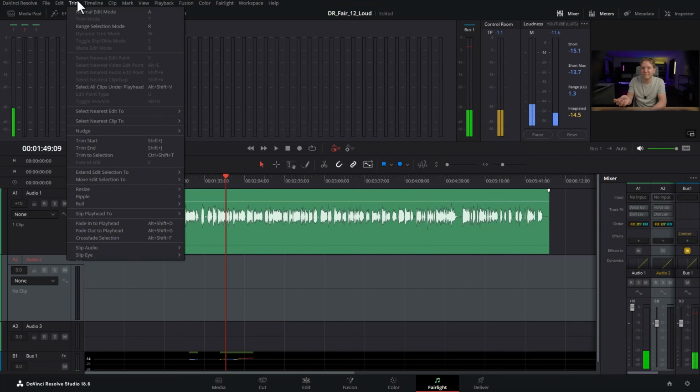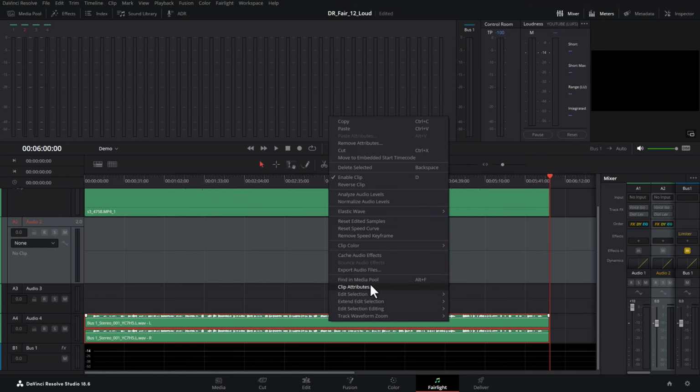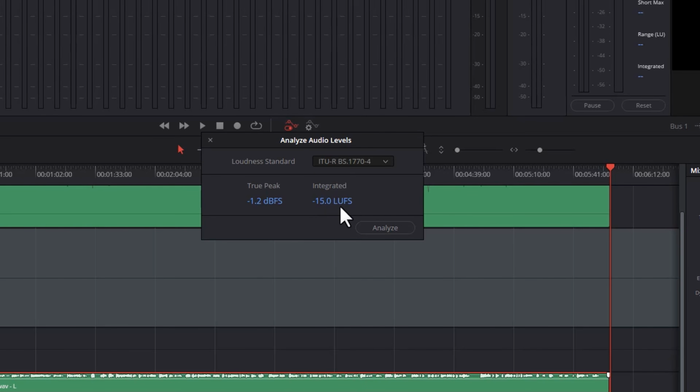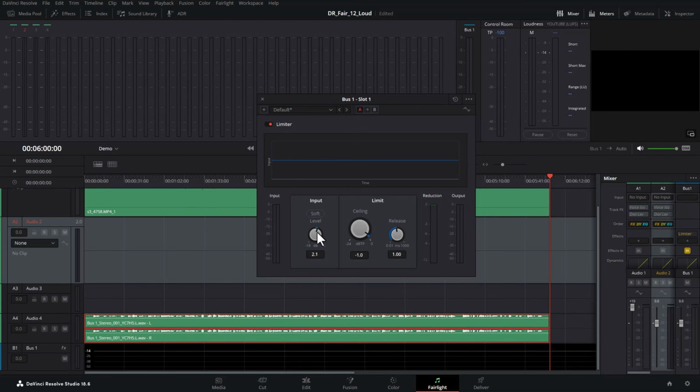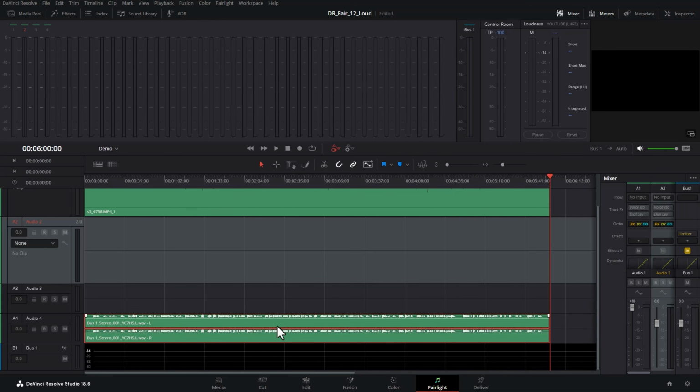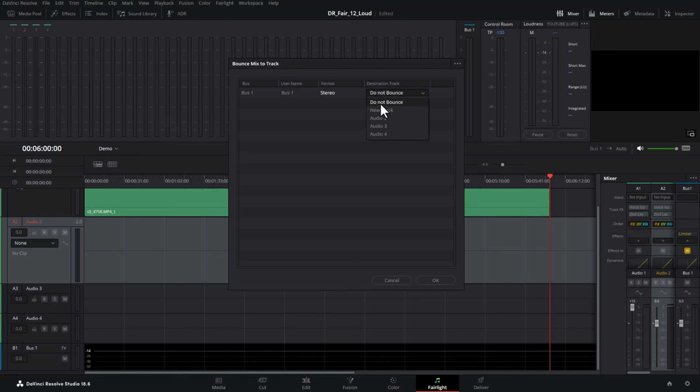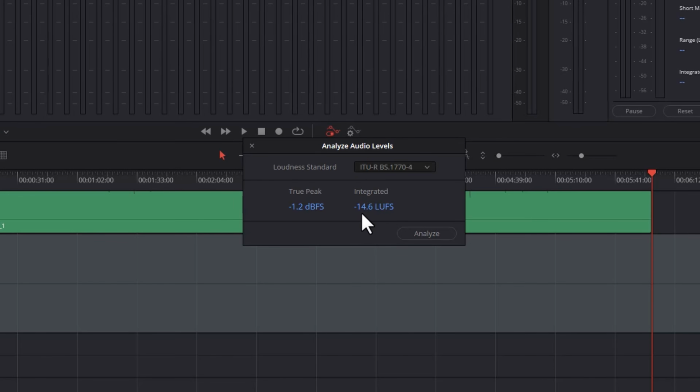We'll just do the bounce trick again, and we'll analyze this. Now we're at -15 overall loudness, so that means we can try and increase things a bit more. We'll open up the limiter again, and let's go to about 2. Close that, delete this bounced track, bounce it again, analyze it again, and now we've got this integrated loudness of